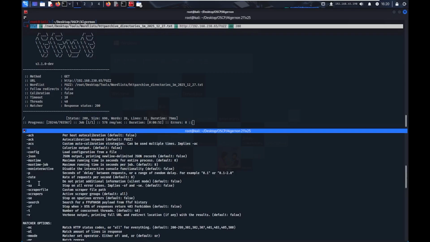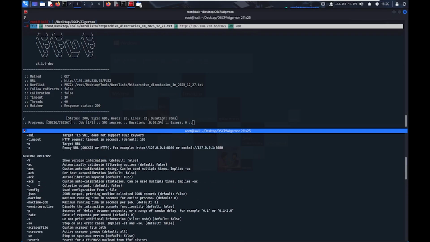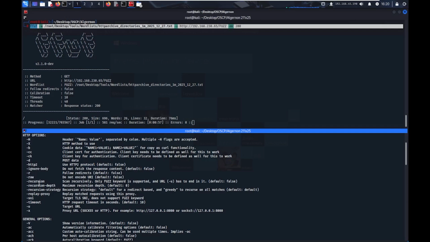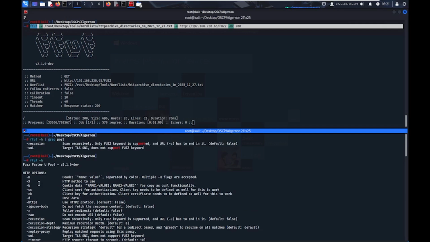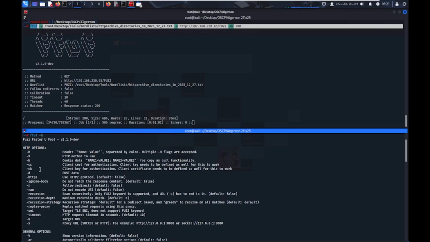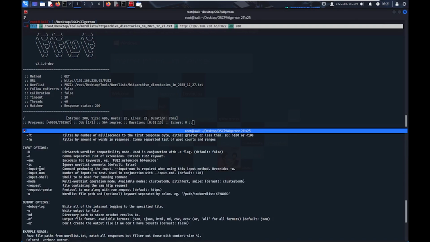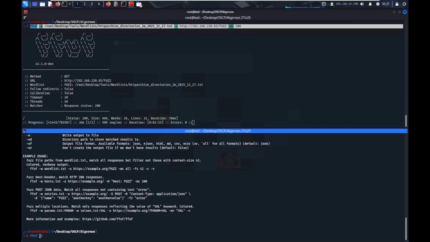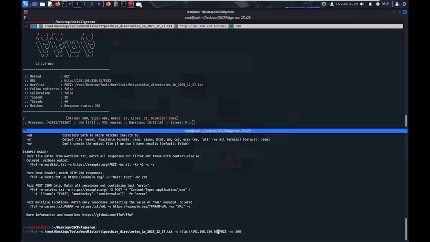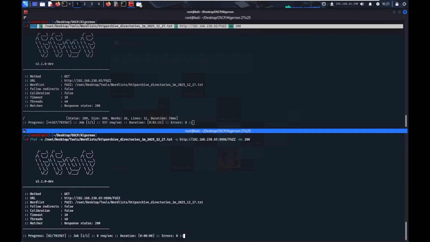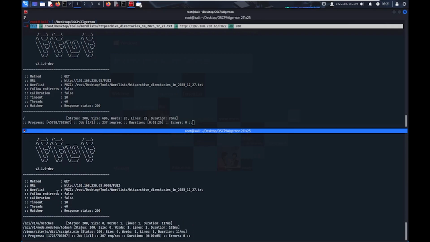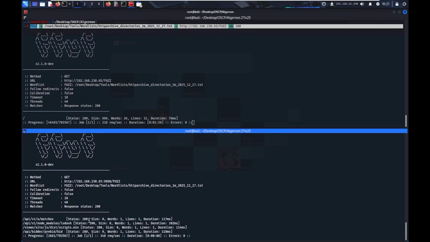Because I cannot remember off the top, so I'm just using the application name and the -h for the help menu just to show. Let's see, doesn't really have one for a port, so I just put the port in there anyway. Okay, let's see. Nope, nothing for the port. All right, cool. I'm going to go colon 9998. Okay, so we're getting some paths here,